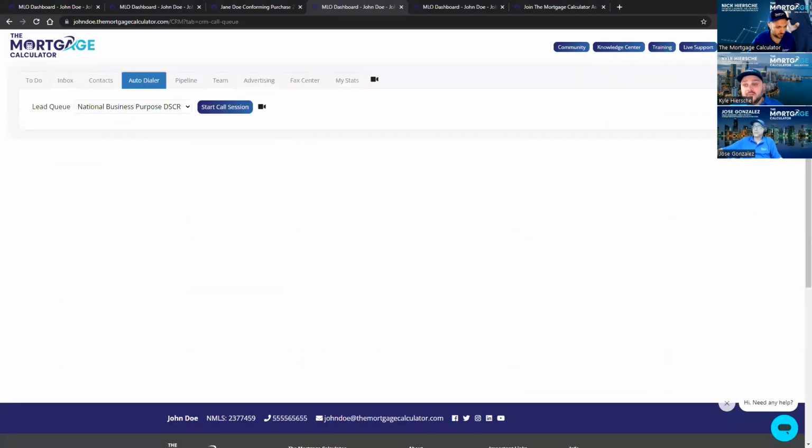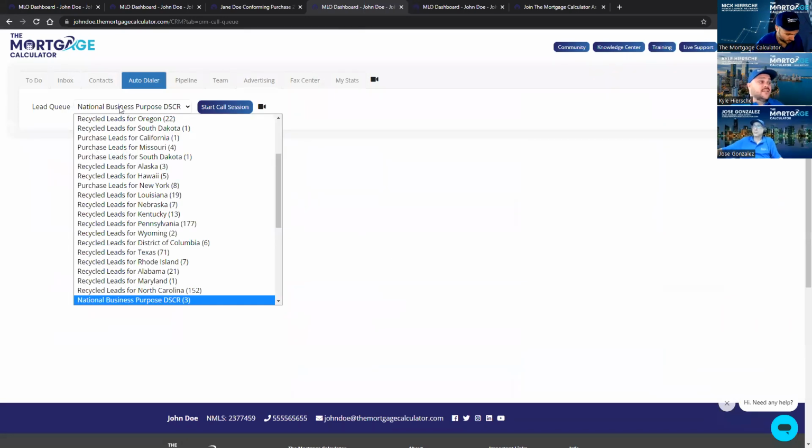Now, another way that we provide you with leads is through our auto dialer. So we have an auto dialer. You can call 300-400 people in a day. You can press one button to drop them an automated text message and email from you, from your email with your footer, from your phone number, texting them for you, right? And that way you can go through hundreds of people dropping those automated texts and emails.